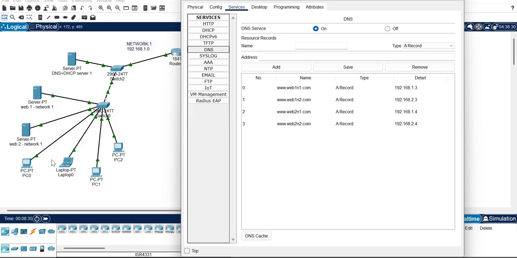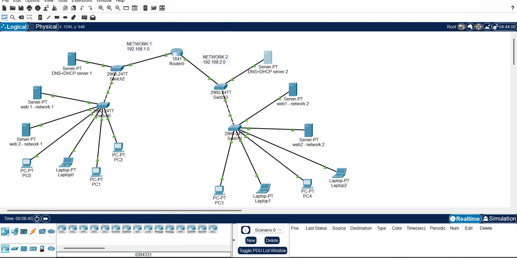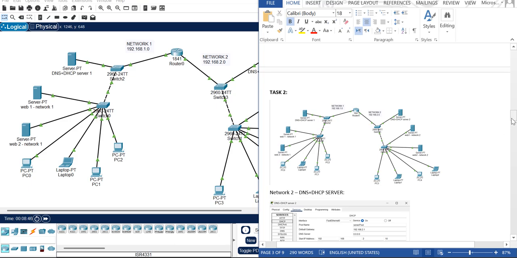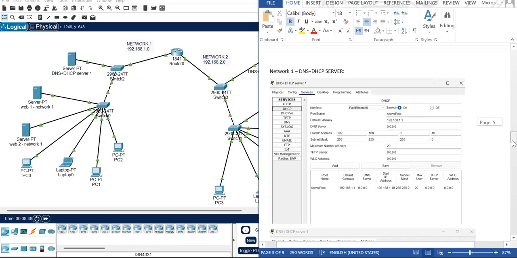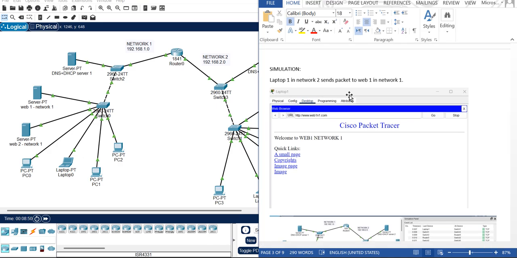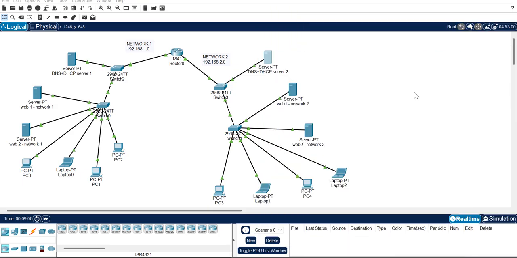the networks, so that in case I want to access the web server or a website of network 1 from my network 2, I can easily do that, as I have also shown in my Word document, that I have accessed website 1 in network 1 through my laptop 1 in network 2. So we'll come on to this simulation a little later in the video. Firstly,